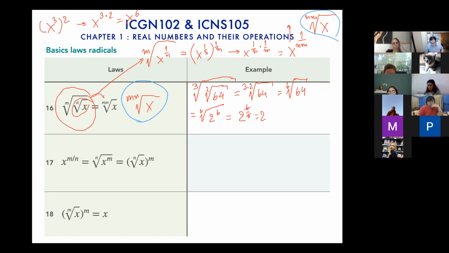let me move on to law number 17. In number 17, x to the power of m over n equals n root of x to the power of m, equals n root of x to the power of m, like this. For example,